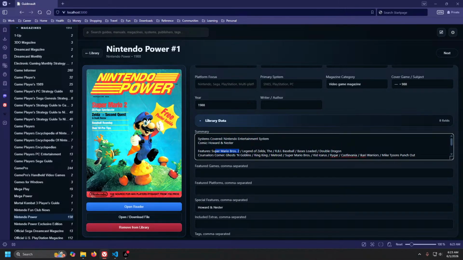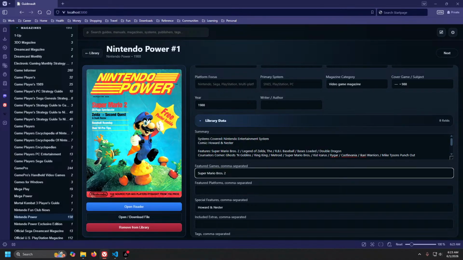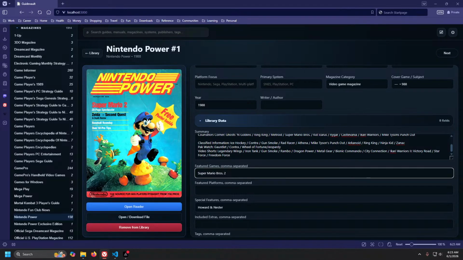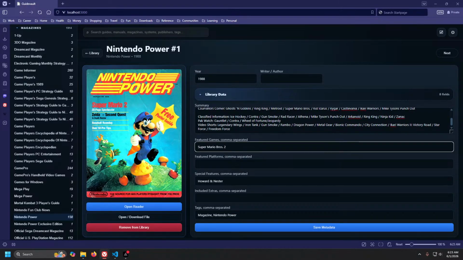And featured games, I would put here. So if you have this kind of information available to you, you can populate these fields with that information